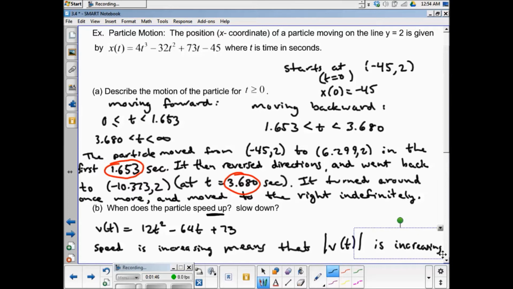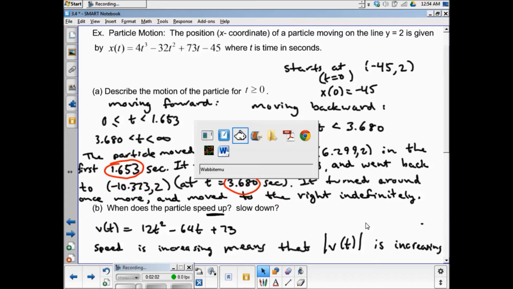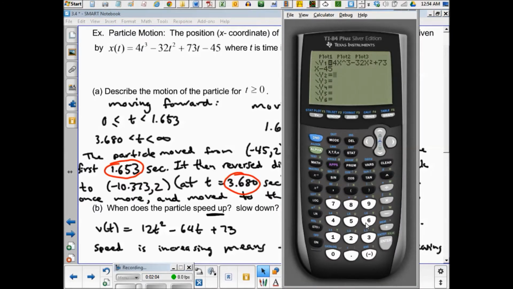Okay, so I'm going to go and do an indoor graph. My calculator can do graphs of derivatives, remember. But I'm going to actually have my calculator do an absolute value version of it. So let's go to the graphing calculator. Okay, so here's my function. Now I'm going to have a velocity graph if I do the math 8 and then that thing. So I'm going to actually have to first go to catalog absolute value and then do math 8. So there's enter. I need to put y1 here, so that's